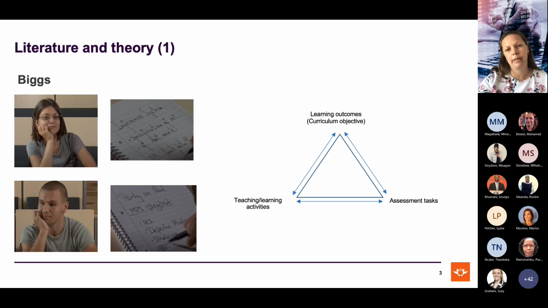And this is where Biggs came in with the concept of constructive alignment. So what that means is that your learning outcomes, teaching and learning activities, and assessment tasks all need to be aligned and speak to one another. And by doing this, students are then entrapped in a